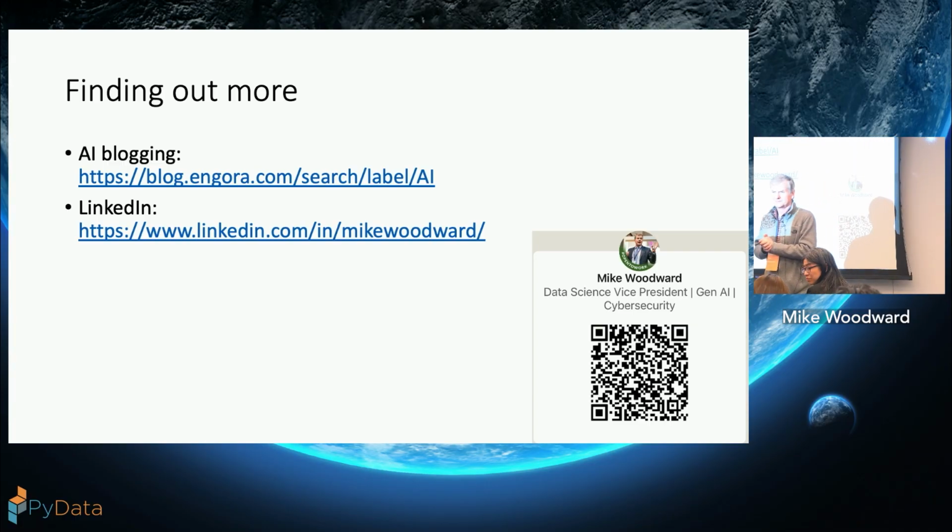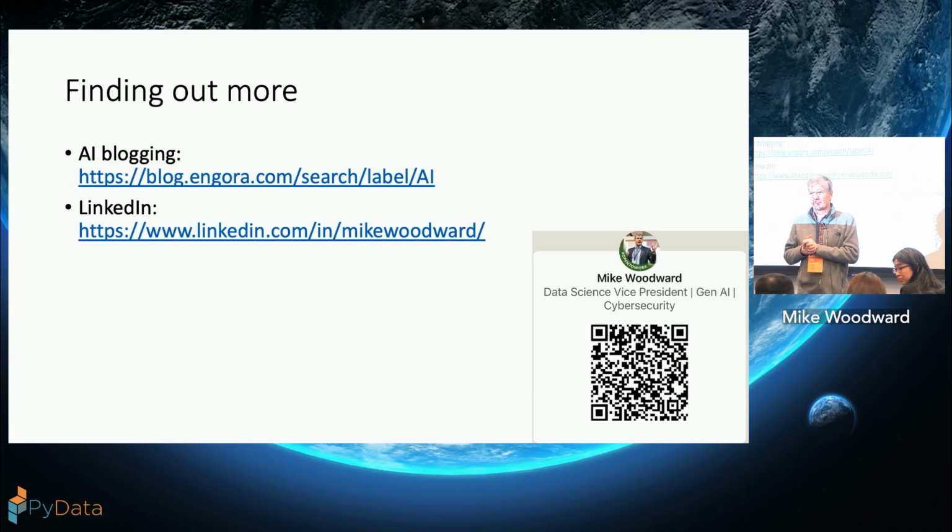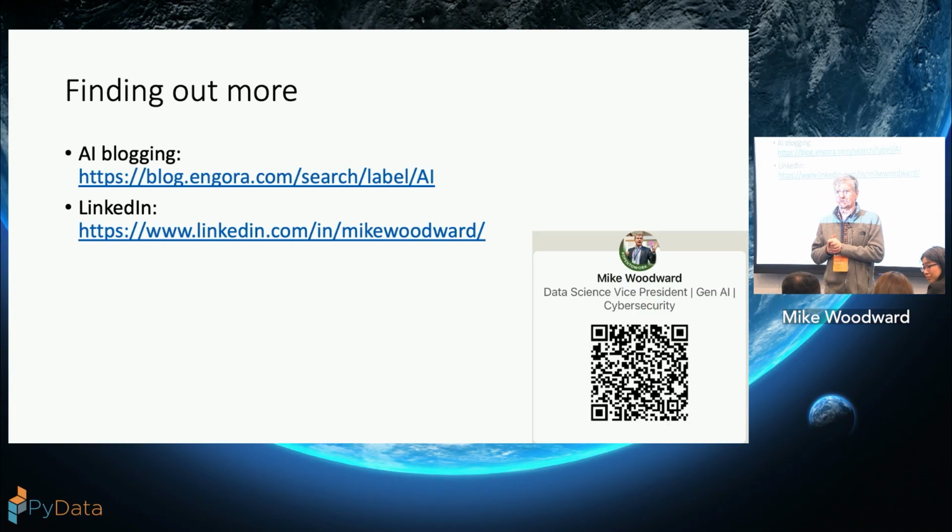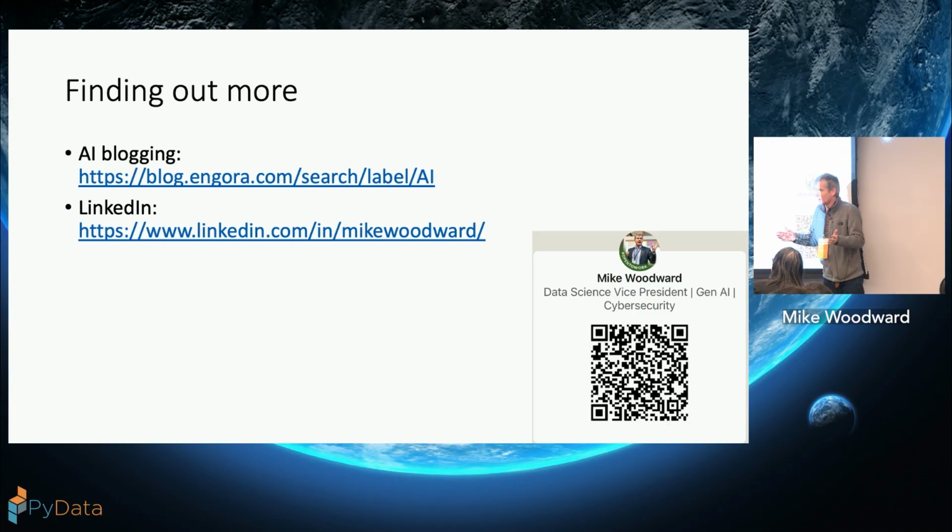Quick question. Is it so much software engineers eating data scientists' lunch or the other way around? That depends on you guys, right? If you go off and learn a little bit of JavaScript and Django and these other things, you can move yourself up the stack. That's quite possible, so it can work both ways. But if you decide that you love your notebooks and you're going to ignore CodeGen, they're going to eat your lunch. So basically, it's dog eat dog, I'm afraid, in my view. Did that answer the question?